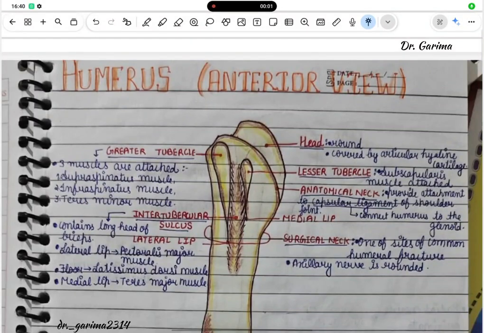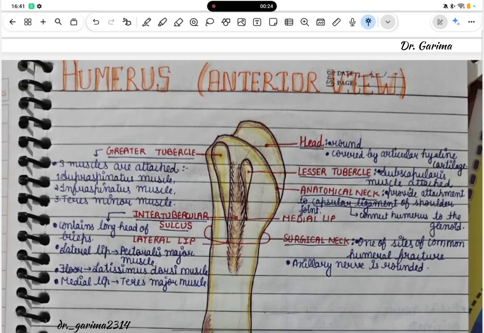Hello guys, let's start from the humerus. First, we have to understand the basic knowledge, that is the anatomical views, in which we have the anterior view and the posterior view. In anterior view, we have head, a greater tubercle, lesser tubercle, anatomical neck and a surgical